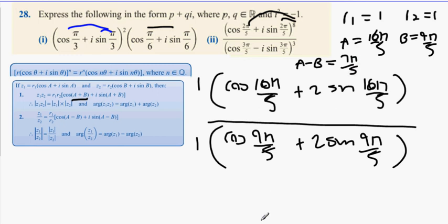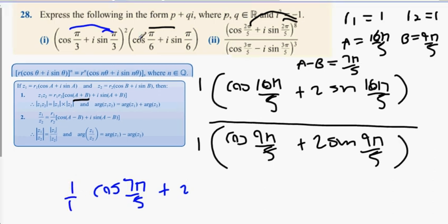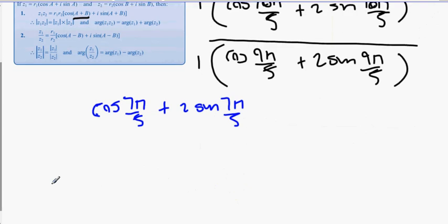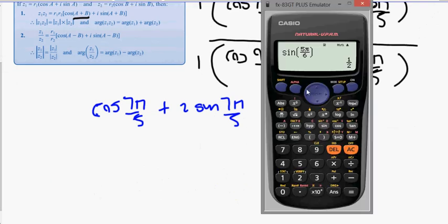Okay, so what we get is cos 7 pi over 5 plus i, it's going to be cos of A minus B, so it's 1 over 1, which is still 1, and then it's going to be cos 7 pi over 5, and then plus i sine 7 pi over 5. Okay. And then we're looking at the two of these. Once again, we're just going to go to the calculator and cos 7 pi